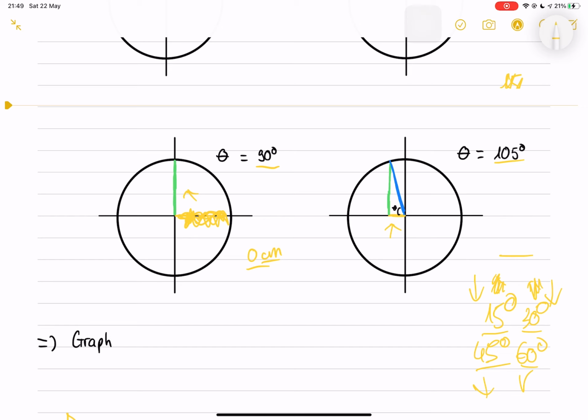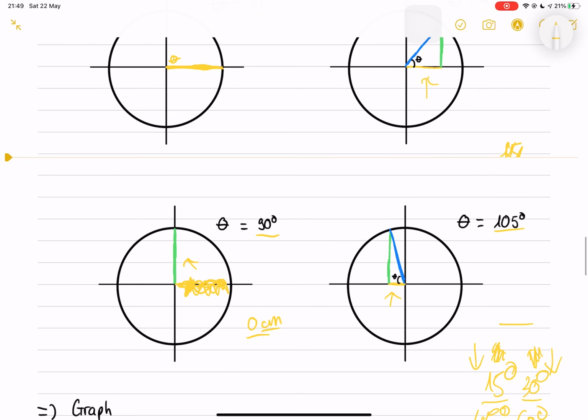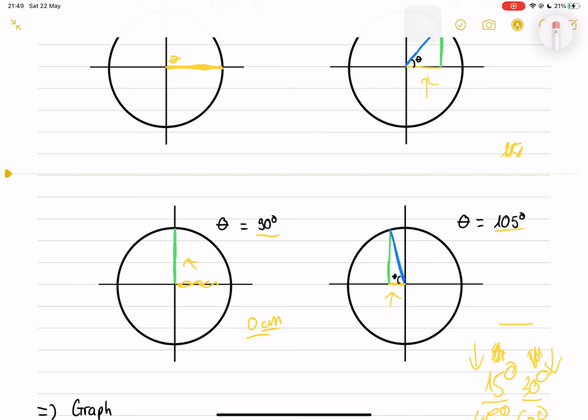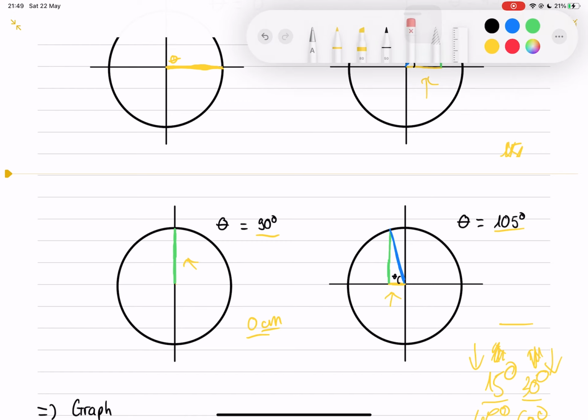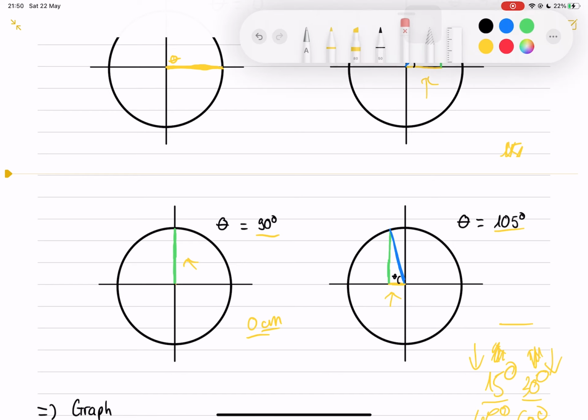Contract from full length, this line, to none. Until it hits over the line of 90 to get the 105, then